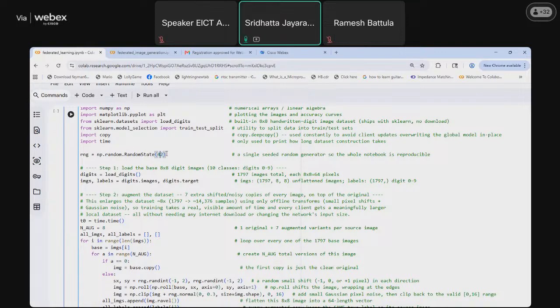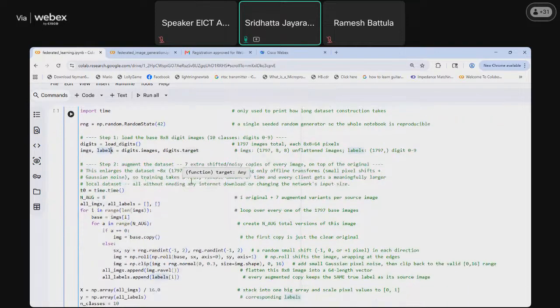We are going to load the data using load_digits, which loads around 1797 images with 8 by 8 resolution. We load the images and the corresponding labels. digits.images will load the images, and the corresponding labels are loaded by digits.target.